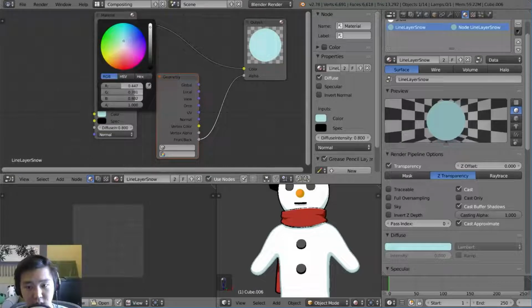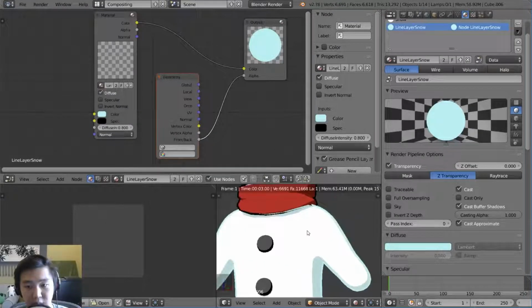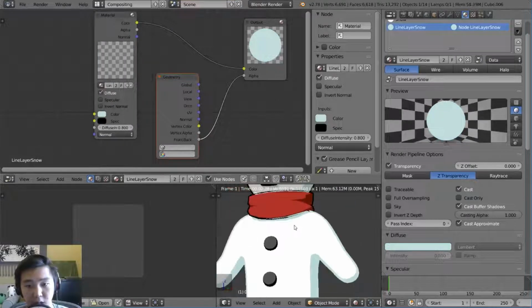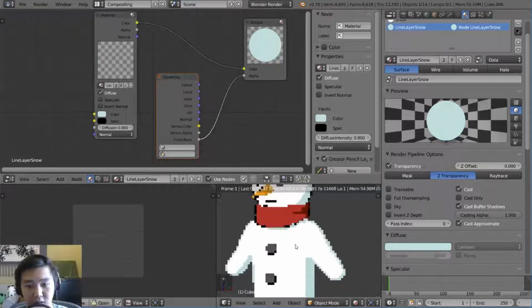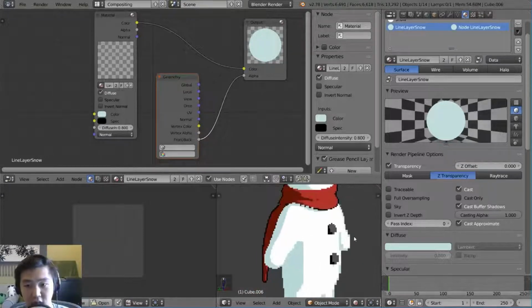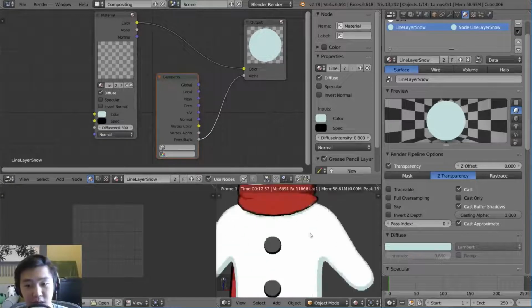Let's actually try it. What happens if it's brighter? What happens if it's a brighter blue? It doesn't look bad. It makes them look even softer, doesn't it? And you know what? I think we could go with something like that. If we made it exactly the same as the shadow, it wouldn't look very good, because it would just look like the shadow, like there's shadows everywhere. Which, if that's the effect you want, that's totally fine.